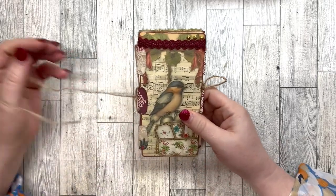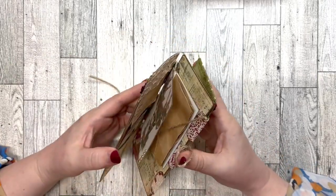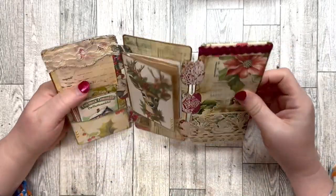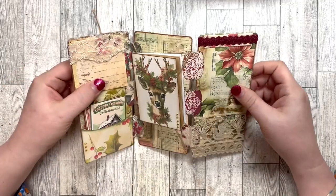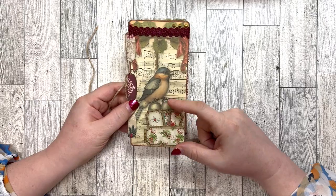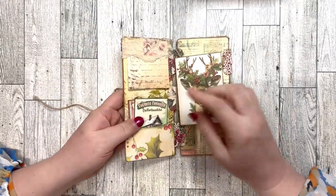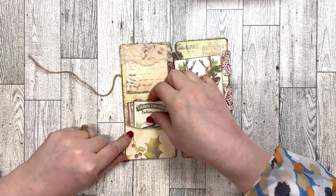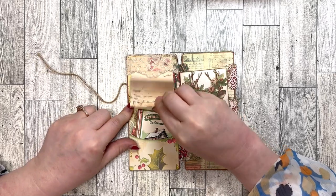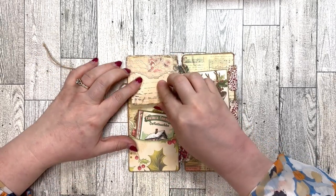what it looks like. We're actually going to be taking 6 panels and putting them together into this accordion folio. So we've got a little pocket on the front with these little tickets in the pocket, and then on the first page we have a pocket with some journal cards and a little fold out note. And then